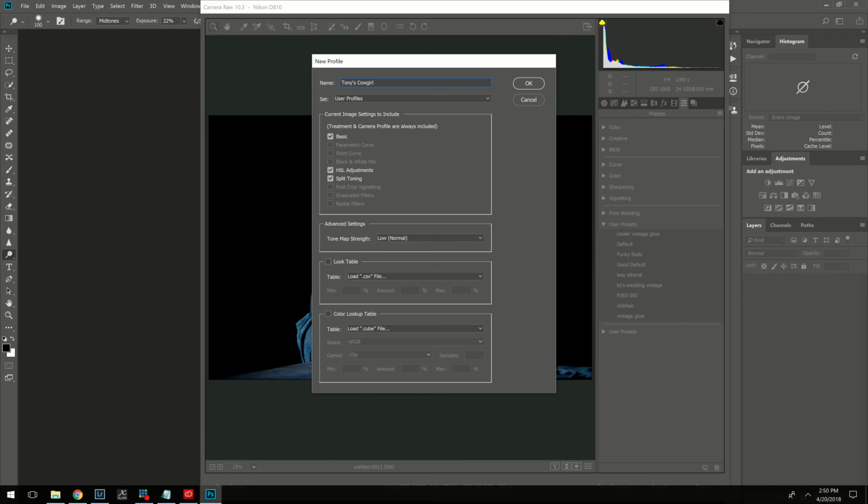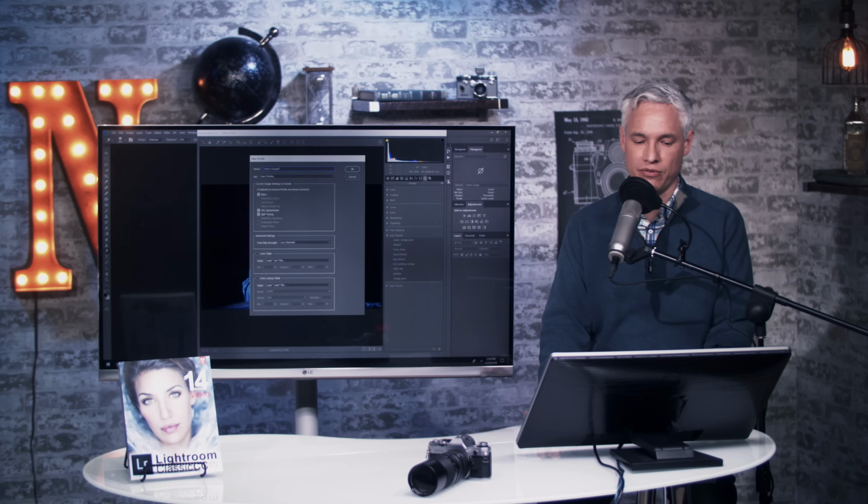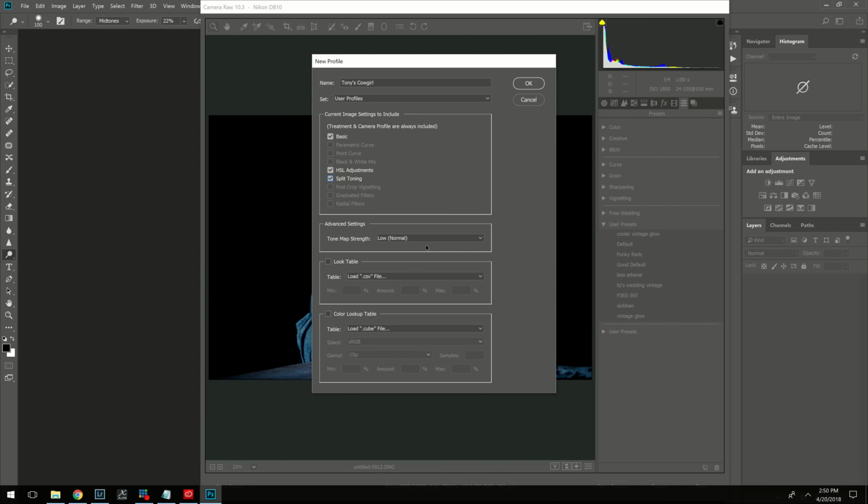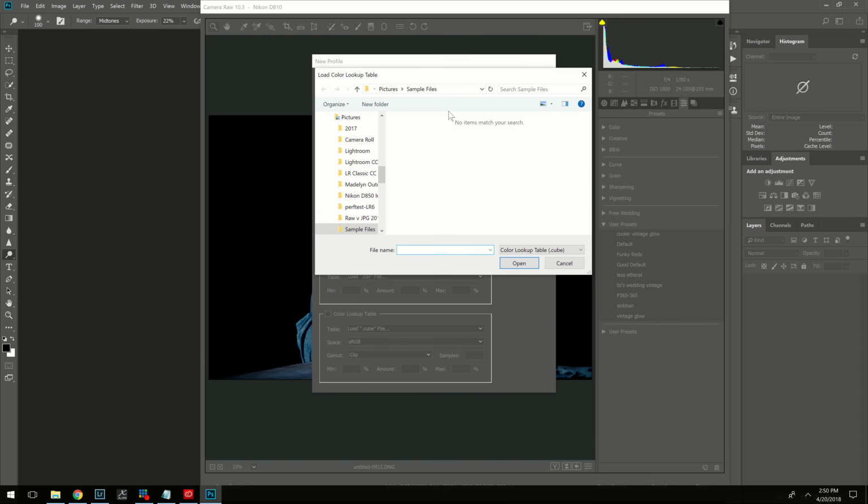I don't know. And you can see there are checkboxes here, which allow you to choose which groups of those settings. It'll automatically select any settings that you change, so you don't need to touch this, but if you decided you wanted to turn off split toning, you could. You don't necessarily need to change any of these things. I think where it gets interesting is that you can apply a color lookup table here, and it loads cube files. So if you click this, it's going to open up this browser that will allow you to find your